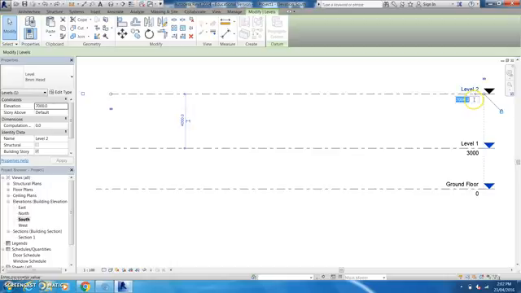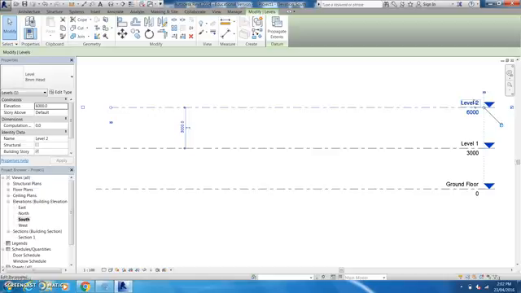Now I might just change level 2 to 6,000. So I've got a 3 meter gap and a 3 meter gap. That's fairly high, I guess. Ideally 9-foot ceiling, so we do 27 and 54, but just for this particular exercise,